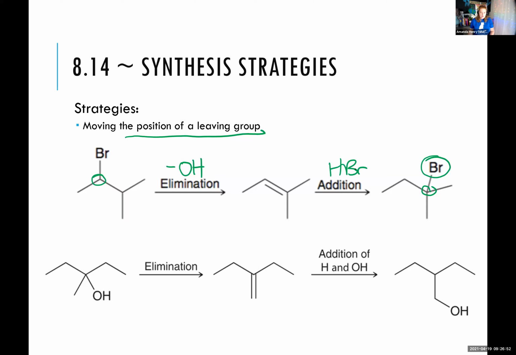We know we want that bromine to add Markovnikov. We want the bromine to add to the more substituted side. If we did HBr with peroxide, the bromine would add right back to where we started with. So we could do